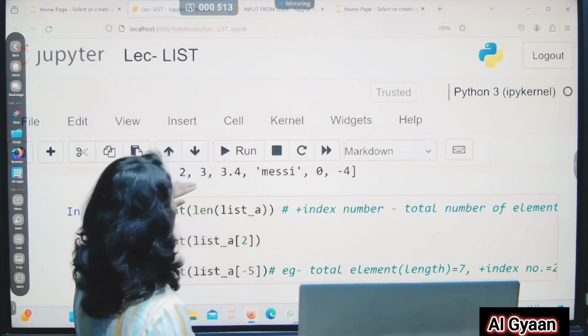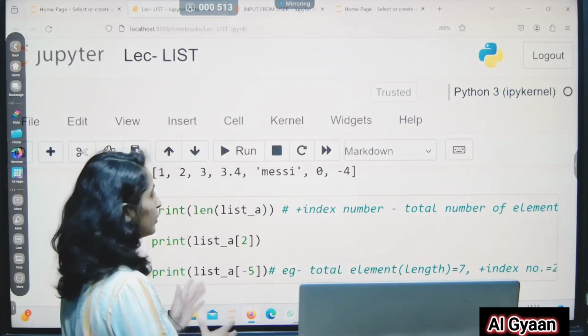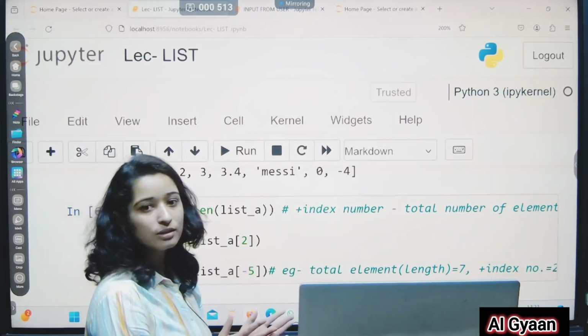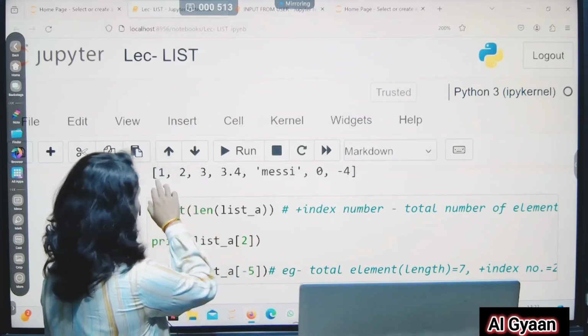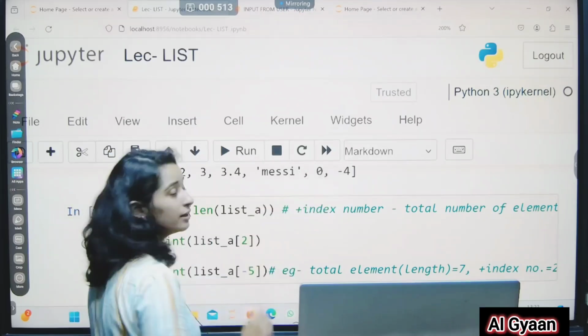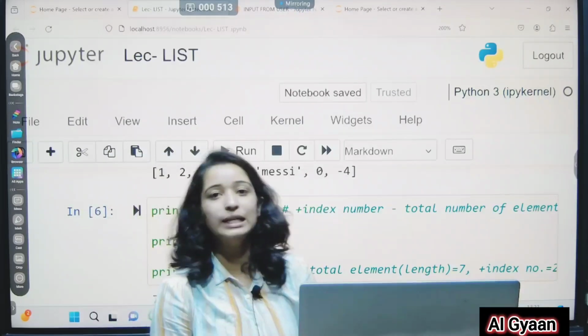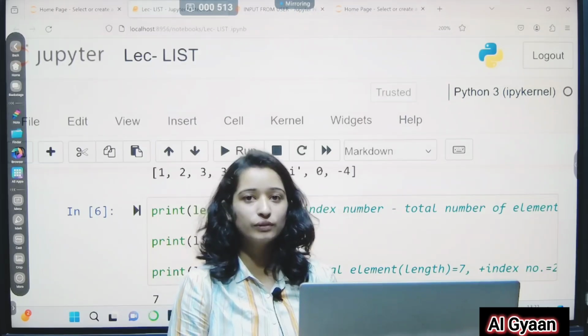Here the total number of elements was 7, so the last index number for this list will be 7 minus 1, that is 6. See, 0 for the first element, then 1, 2, 3, 4, 5 and 6. So our last index number will always be 1 less than the total length of the list.